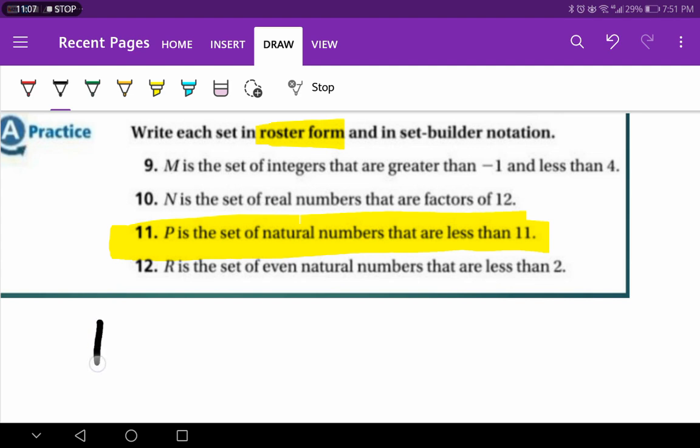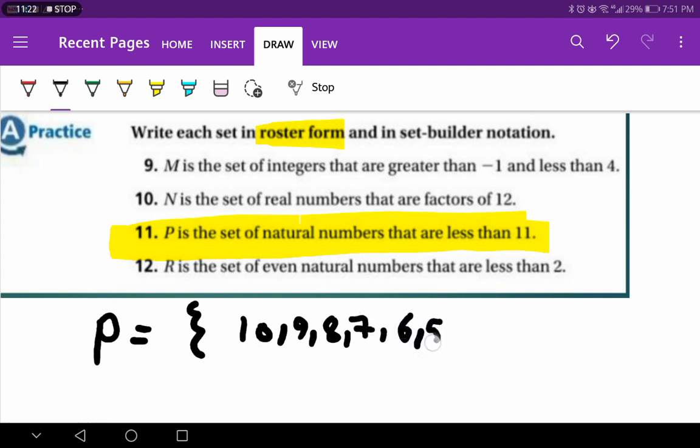B equals, I draw the curly brackets here, and write all the numbers that are less than 11, which are 10, 9, 8, 7, 6, 5, 4, 3, 2, 1, 0, negative 1,